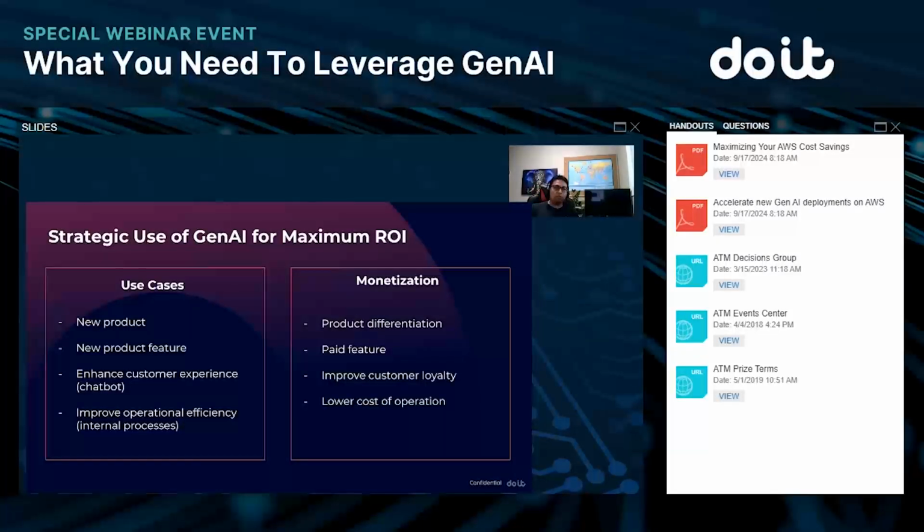And then improve customer loyalty. Maybe all of this is great, but you know what? I'm just going to throw the feature out there because it's going to create customer loyalty, and they are going to be coming back more and more often, and that's just going to be good business. Or lower cost of operation. It doesn't necessarily need to be increased revenue. You can also decrease expenses, right? Faster development means that you are able to be more efficient, reduce cost, and ultimately have net revenue. All right. So just some ideas, but it's important that you start thinking about this from the beginning.